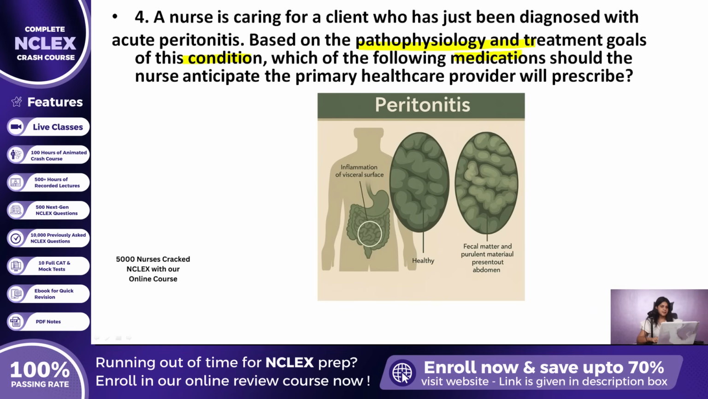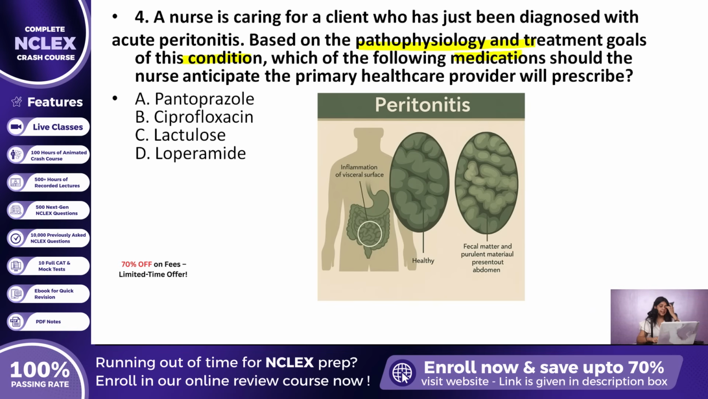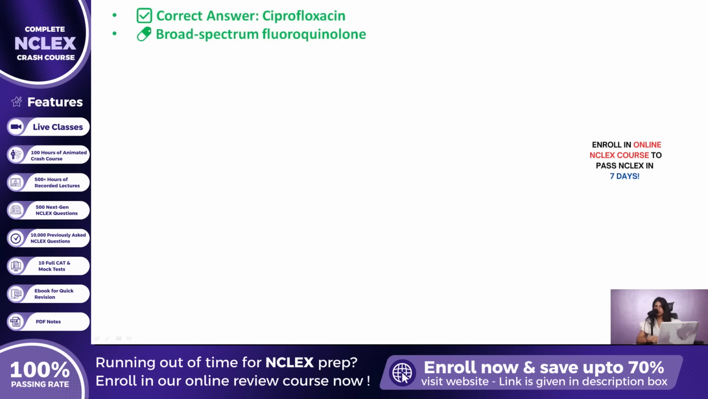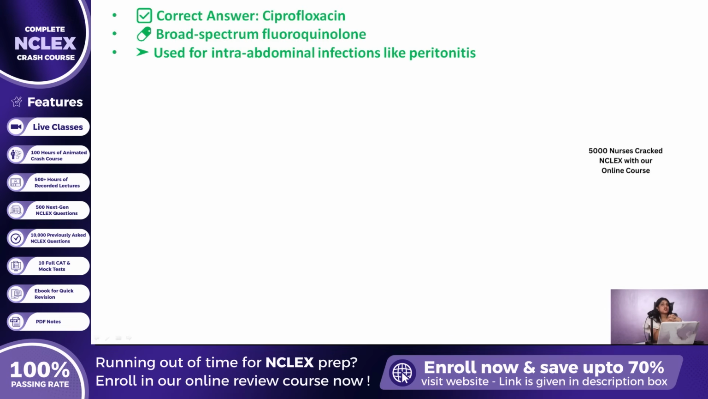The options are: first, A. Pantoprazole, second, B. Ciprofloxacin, third, C. Lactulose, and finally, D. Loperamide. The correct answer is B, because ciprofloxacin is a broad-spectrum fluoroquinolone antibiotic commonly used, often in combination with agents like